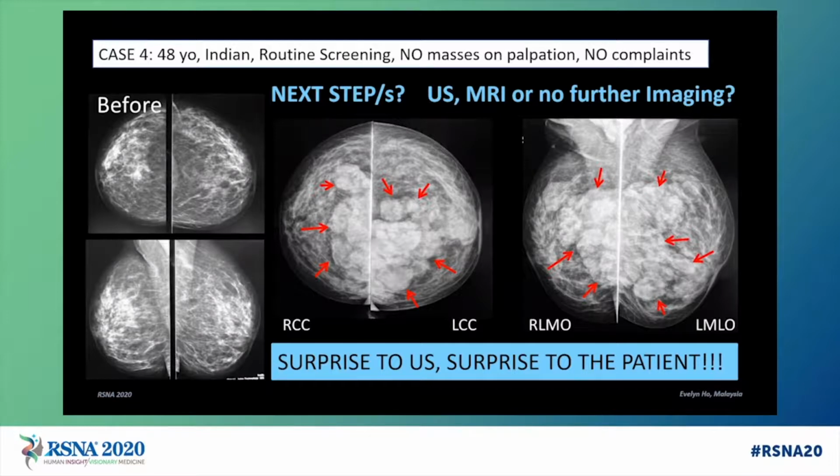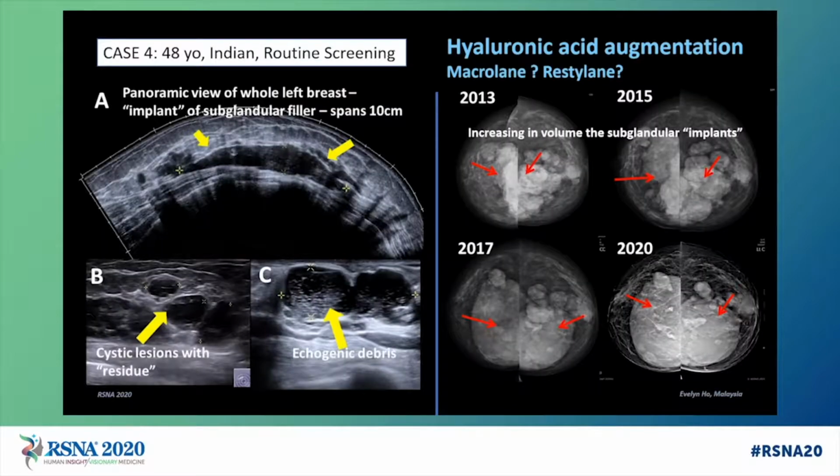As we see a variety of injected augmentation, I was curious, what had been injected? The patient was also surprised that her augmentation had left a telltale sign after having been reassured by her aesthetic doctor that it would be resolved. A is the ultrasound panoramic image showing the main collection in the left breast simulating a subglandular implant about 10 centimeters in diameter. B and C show more anterior cystic lesions, most with intracystic contents. The patient had hyaluronic acid